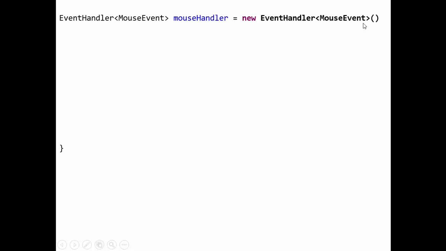But over here we had not written anything about what should happen when the event occurs. So now we are actually defining a class within a class. It is the concept of an inner class, a class within a class. Actually we are defining a class, EventHandler, mouseHandler equals new EventHandler of MouseEvent. Now we would be writing the logic within this class. The EventHandler class has one method, the handle method, which is to be overridden. So @Override public void handle(MouseEvent event).